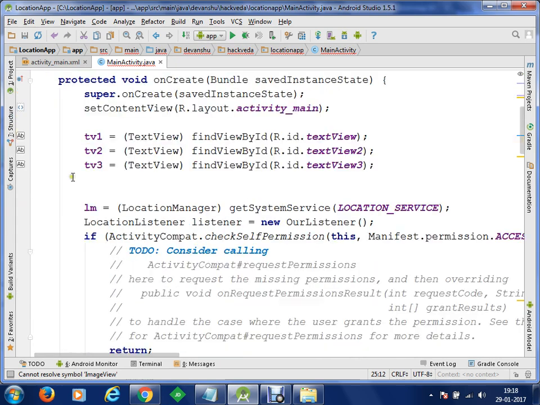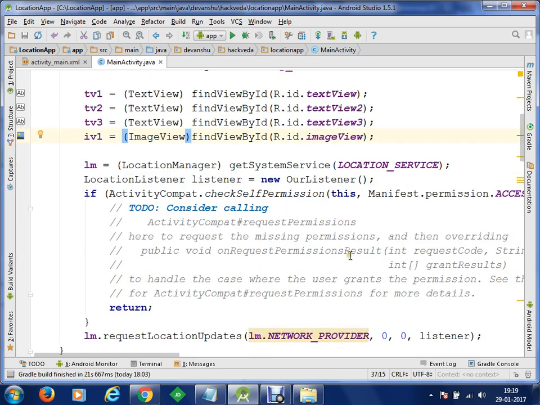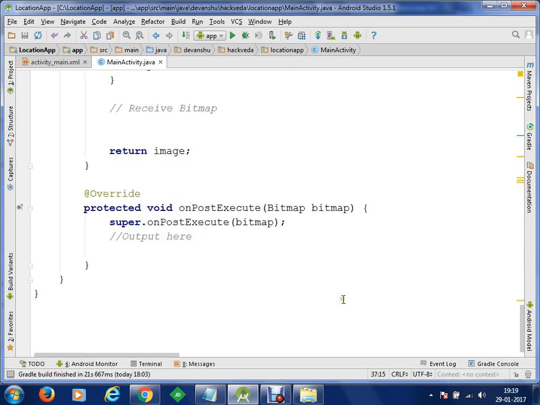Once you have imported ImageView, you can call findViewById with R.id.imageView, typecast that to ImageView, and store it in your object iv1.